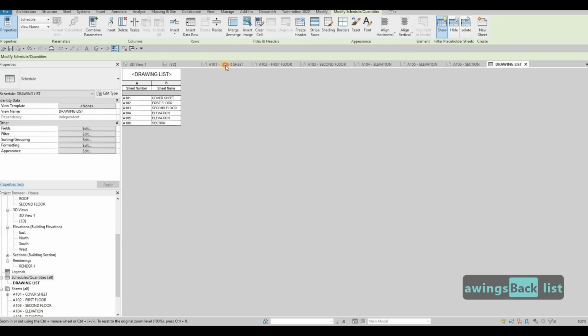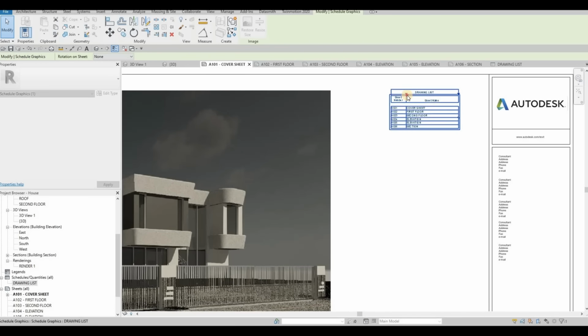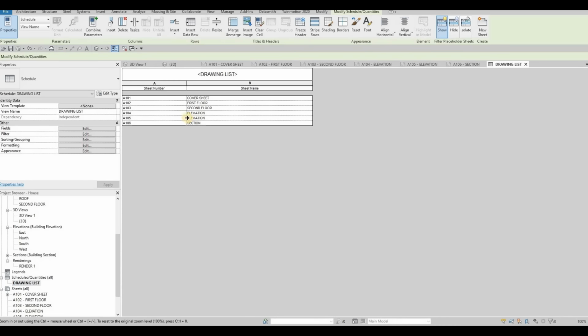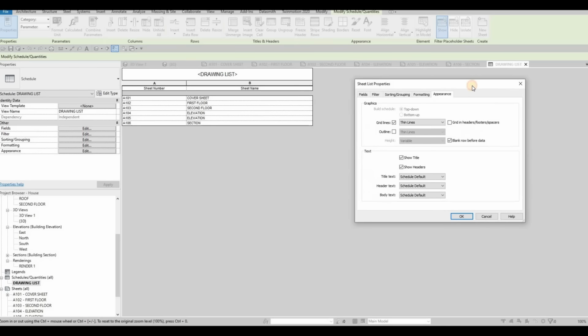Okay. If we go back to our cover sheet and drag it, we'll be able to have the drawing list right here. But I don't like the view yet, so we could edit this. So just double click here, and then click edit appearance, and then the one thing that I want to change is I don't want this cap anymore. So I'm just going to uncheck that,